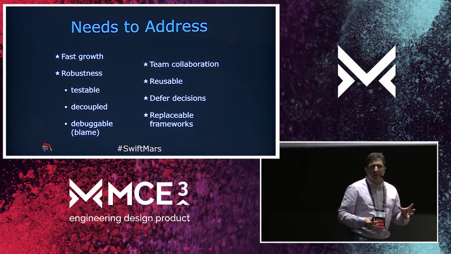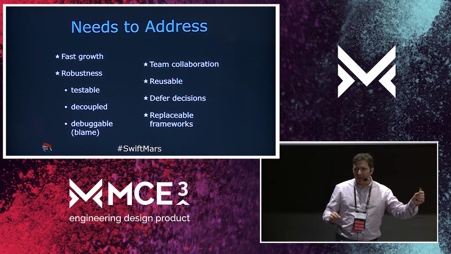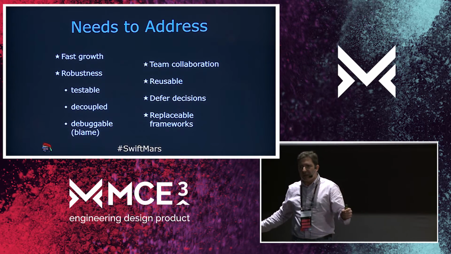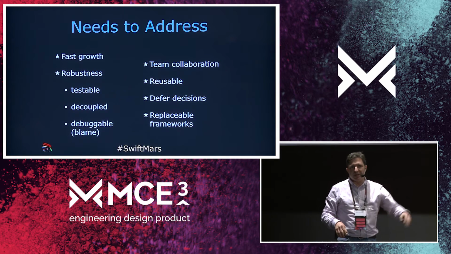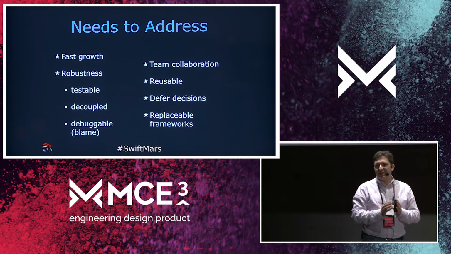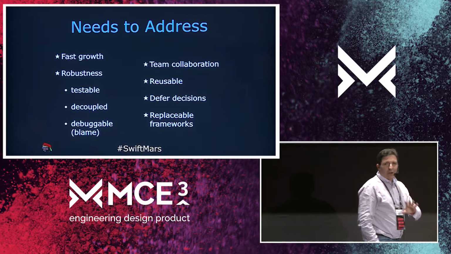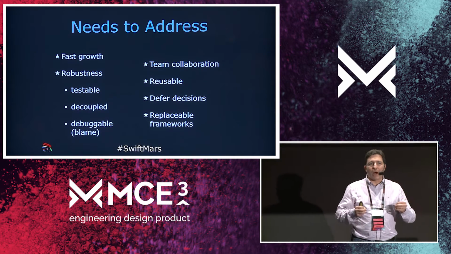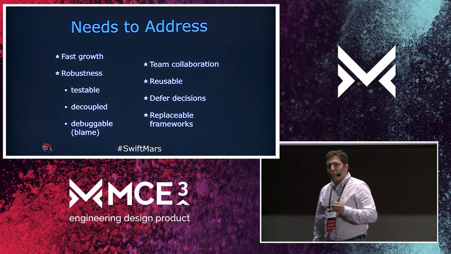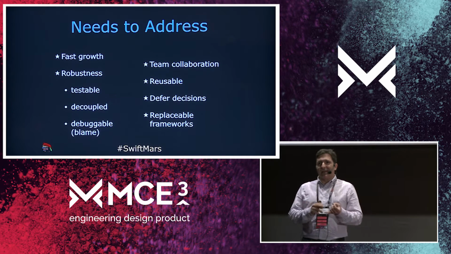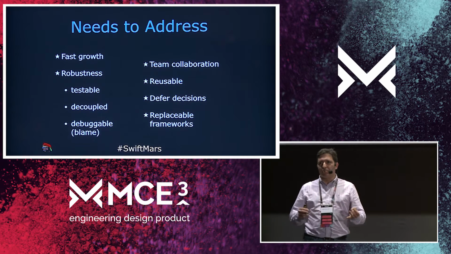And in order to do that, I want to avoid that when a change is done here, it breaks everything else in the application, and I cannot find the real reason other than removing that commit and praying that removing the commit deletes the problem. I don't want that. I want to be able to grow as fast as possible. I also want to have an application that is robust, that has as many tests as I can include. I would like to have a big coverage.